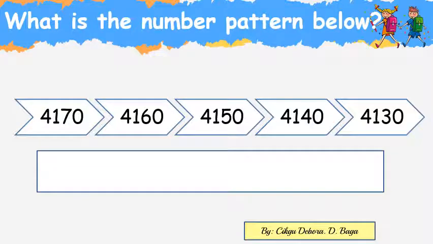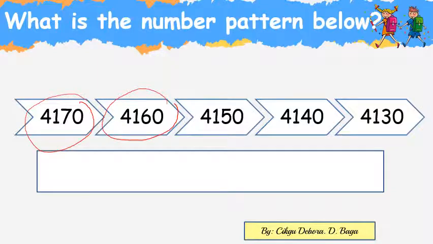We move to the next example. What is the number pattern below? So we identify first the order of the numbers. The first number here is 4170 and the next number is